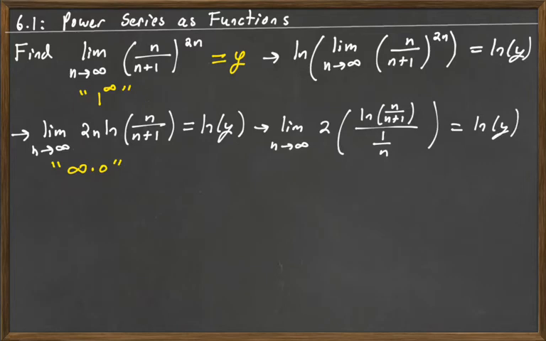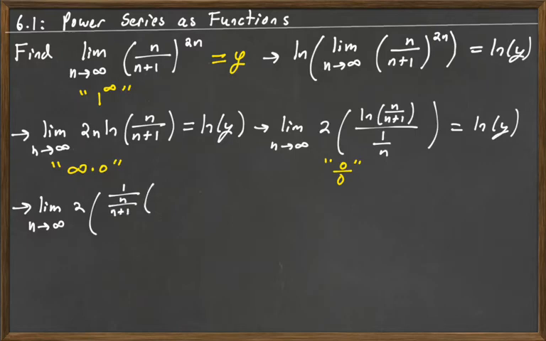Now let's take a look at the form. We have the natural log of 1, which is 0, and 1 over n as n goes to infinity is going to be 0. So now we finally have the form 0 over 0, so now we can apply L'Hopital's rule. This is going to be the limit as n goes to infinity of 2 times the derivative of the natural log of n over n plus 1, which is going to be 1 over n plus 1,